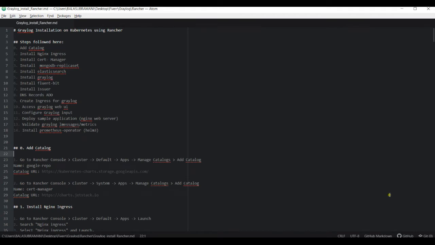Hello everyone. Today we're going to see how to install Graylog on Kubernetes using Rancher. Okay, let me get started. So the steps we're going to follow here: